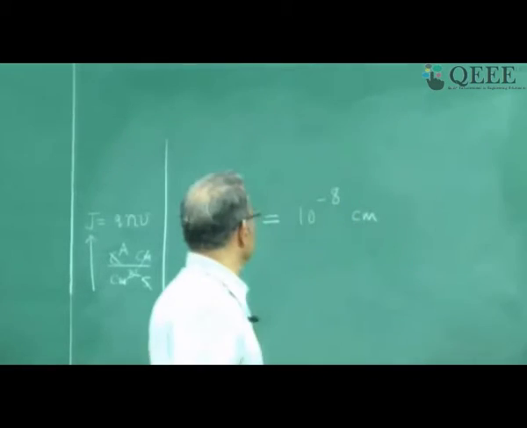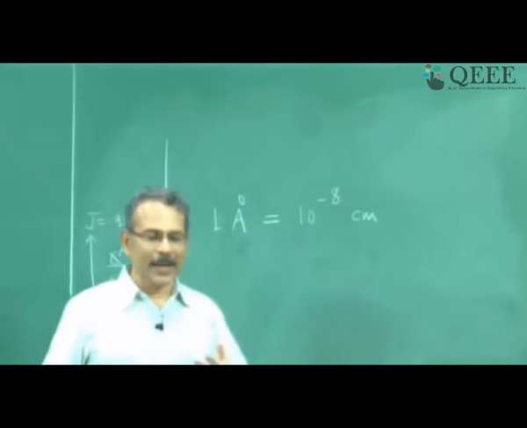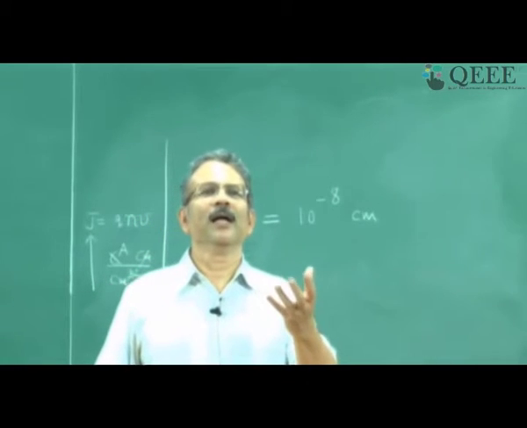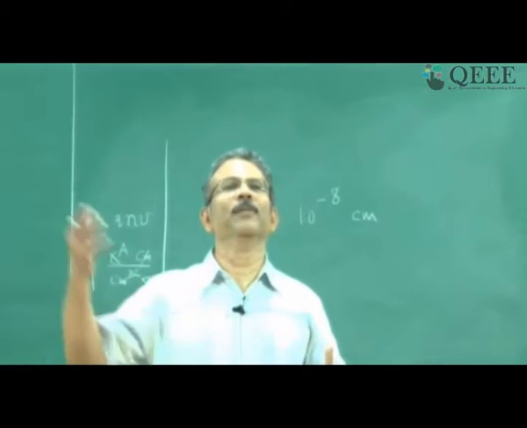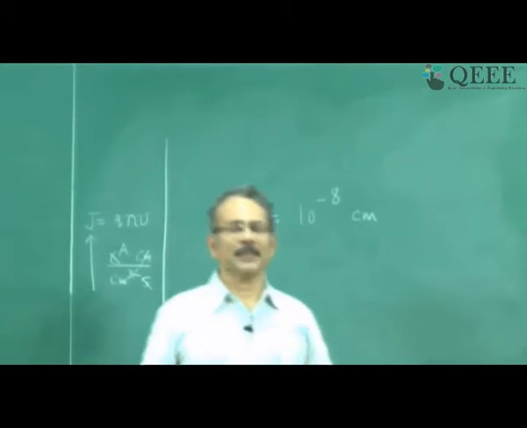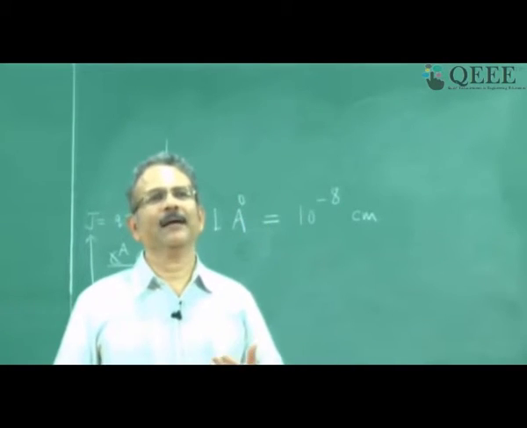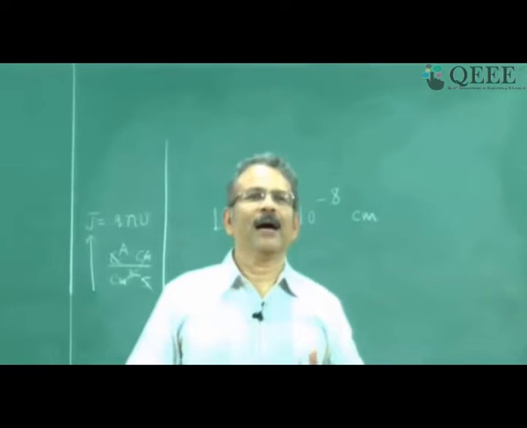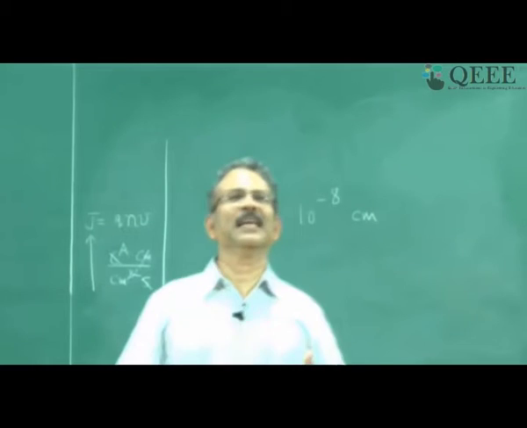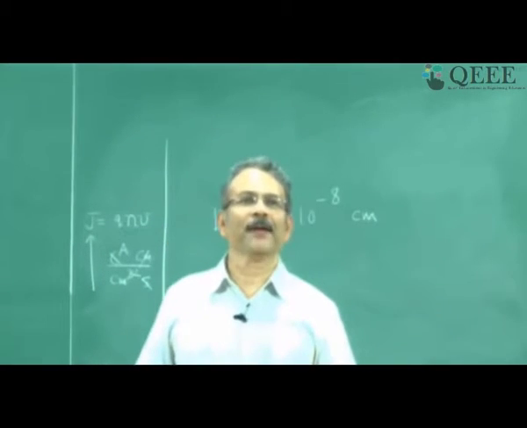Let us look at this dimension, 1 angstrom, right? One thing you come to know now is when you are talking about atoms, sizes of atoms and so on, you will not express the size in kilometers. You will express the size in angstroms. Just as if I want to say the distance between Chennai and Madurai, I will not express this distance in angstroms. I will express it in kilometers or hundreds of kilometers. I will not use centimeters also, right?